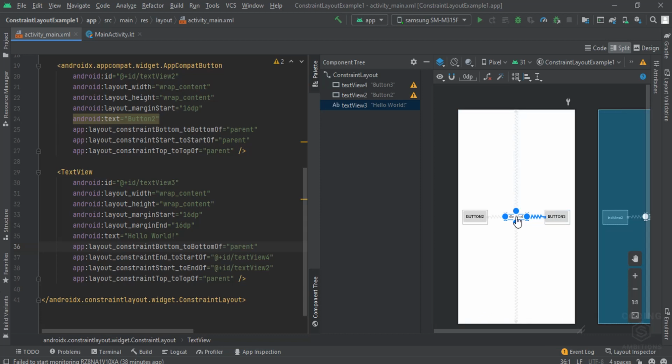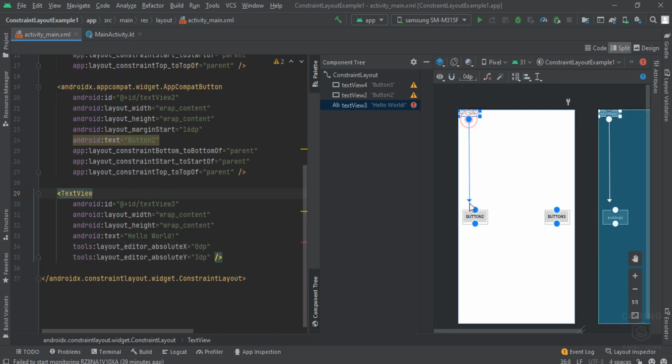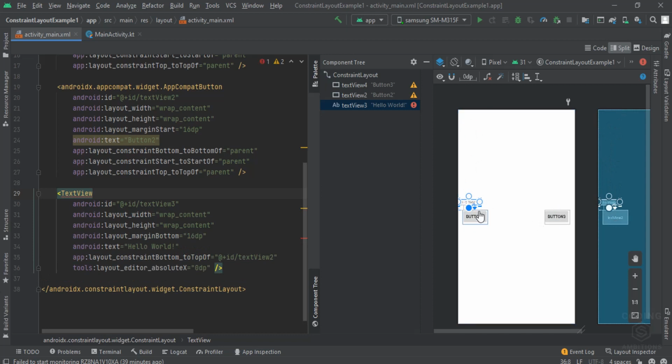And let's take one more example here. Let's say we want to align this one above this view, so we can align top of this to the, first of all let's remove the constraints because it does not remove previous constraints. So now we want to align it, sorry, and here it comes, it has been aligned.